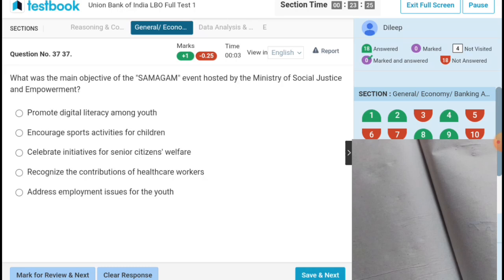Samagam hosted. What is the main objective of the Samagam event hosted by Ministry of Social Justice and Empowerment? I think recognize contribution of healthcare or issues, senior citizens. I think